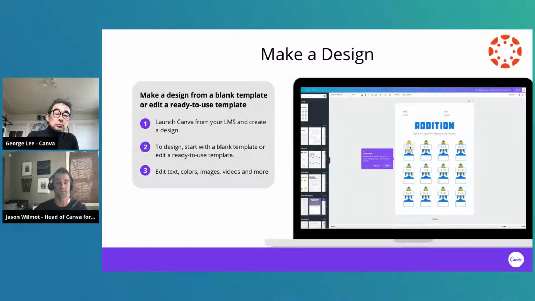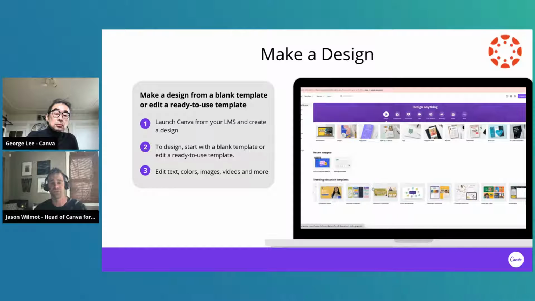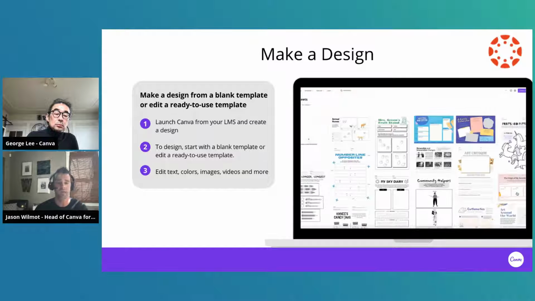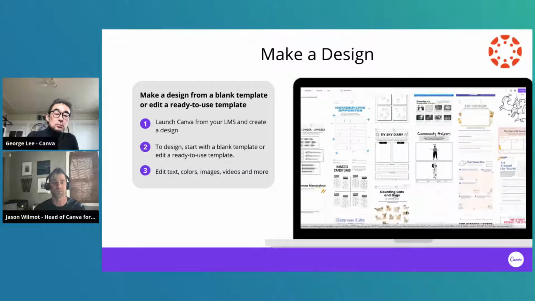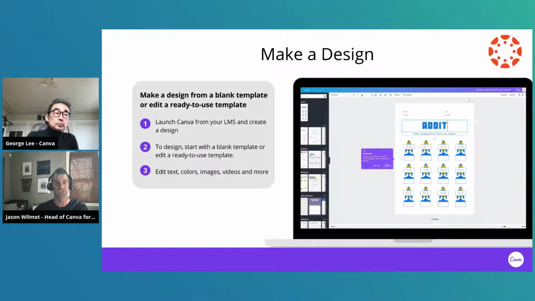And George is going to go a little deeper on some of the design stuff. But once again, if you start a design, you can actually start with a blank template. You can edit the text, colors, images, videos, and more. You can do anything you want from these templates. So we're going to get you in Canva later in this presentation and get you guys designing and creating some